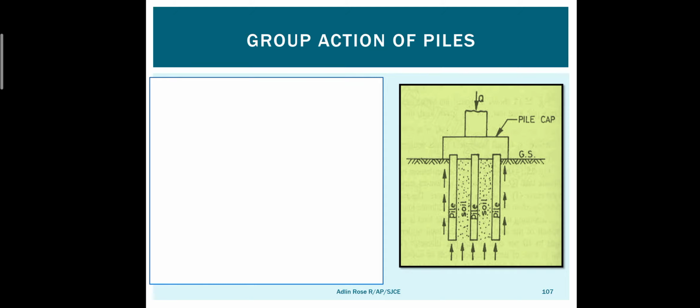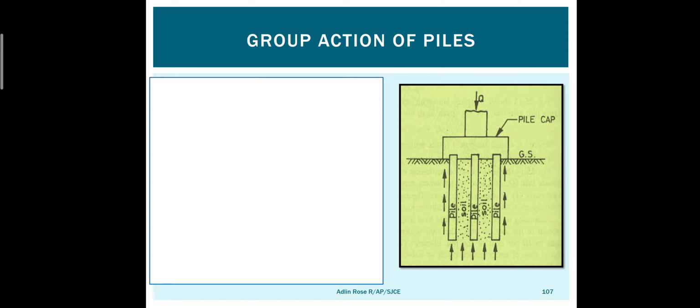Okay, but can we not find the single pile capacity and just multiply by the number of piles to find the group pile capacity? That is very easy, no? To find the group pile capacity, we know that there are 4 methods to find the single pile capacity. Just now we saw pile load test we can find the single pile capacity, and we also find it by penetration values. We can also find it by the other values: frictional resistance, tip resistance, or bearing resistance. We can just find the ultimate load of the single pile and just multiply by the number of piles.